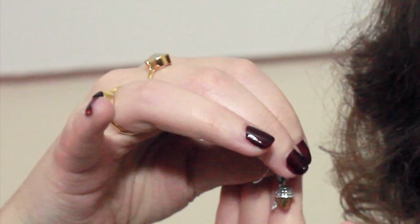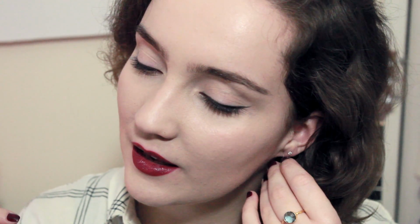There's two earrings that I've got in this month's favourites, and this one is, I think, silver and bronze, and I don't know how well you can see this, but it's just a little acorn with a little silver leaf. I got these pairs and they're just lovely. I love it when I have jewellery which has got silver and a gold colour,